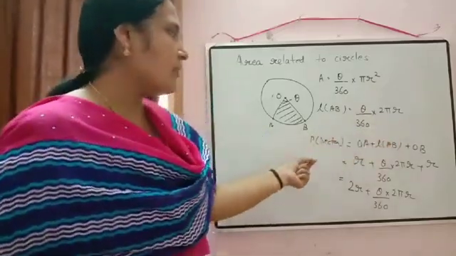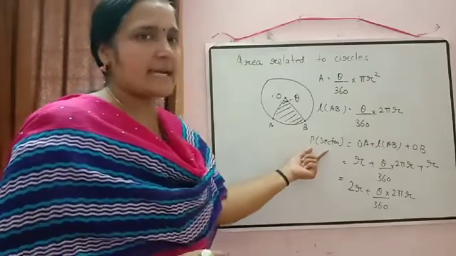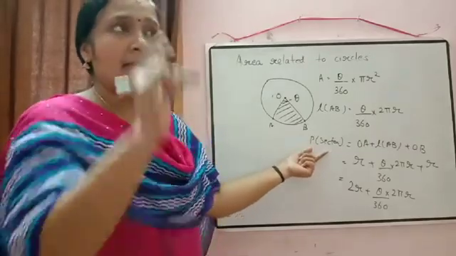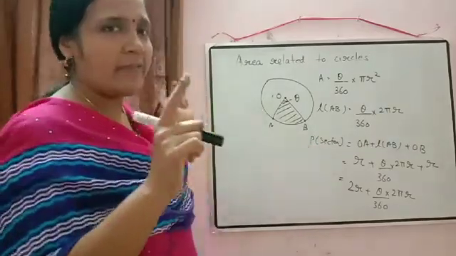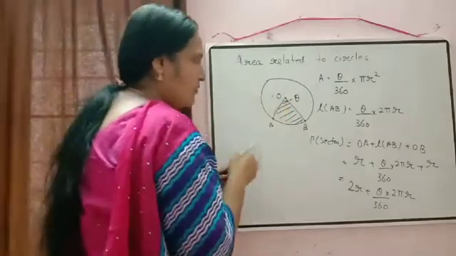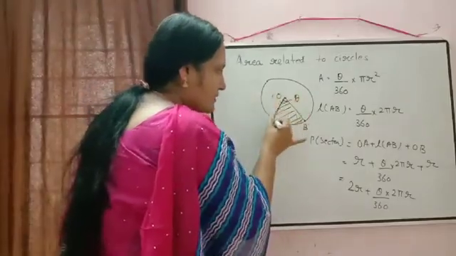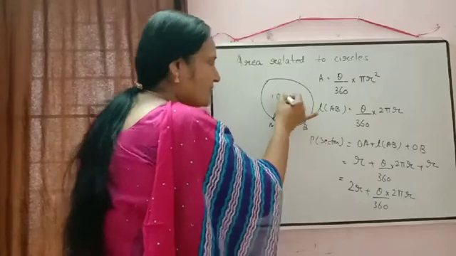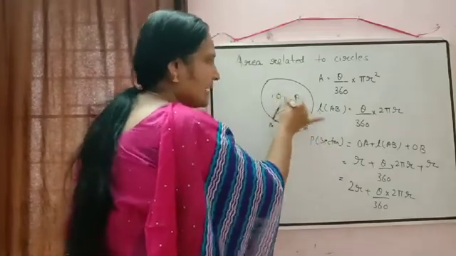Then what is the formula for the perimeter of a sector? As we know, perimeter means the outer boundary of any figure. So if you check, when you draw the sector, it will come in this way only. So the perimeter of the sector means the sum of all the sides there.